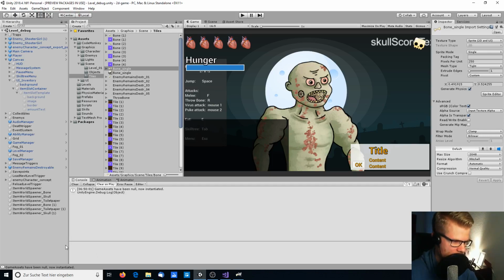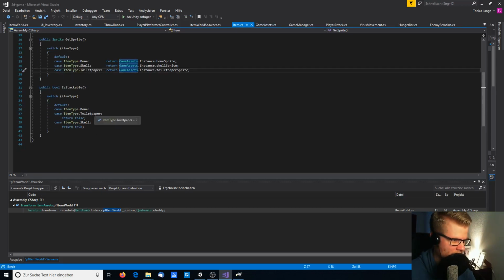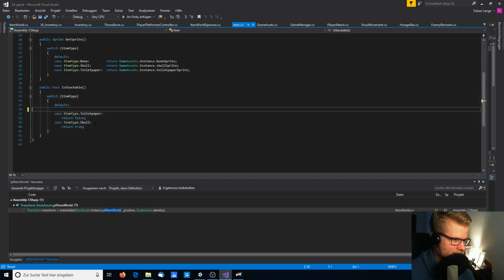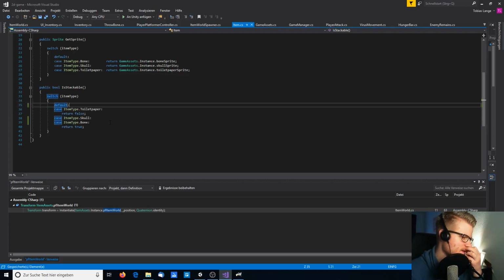Alright, so we get a few adjustments on that. I wanted to have the bone being stackable, and I think this was in the item class. Is stackable, and we take the bone and I put the bone in here. This is my switch statement for the stackable stuff. I got this here, but there is one more place where I need to take care of if it is a stackable item or not,